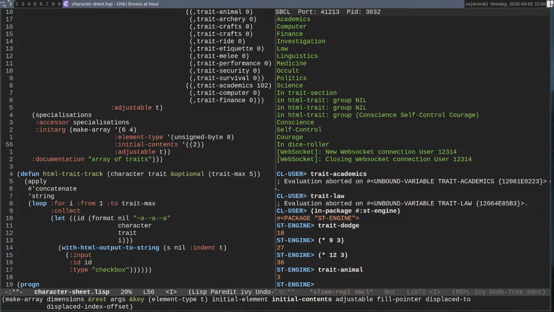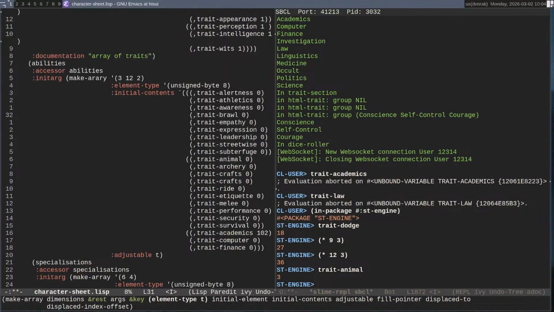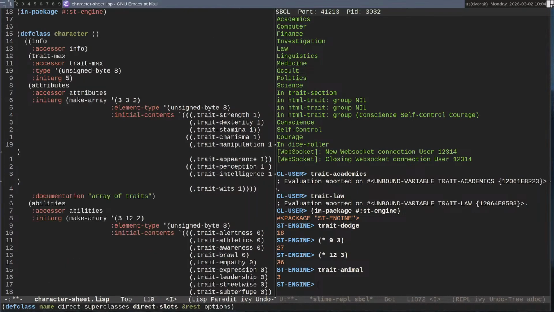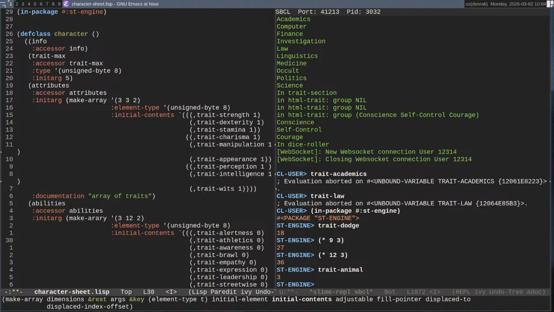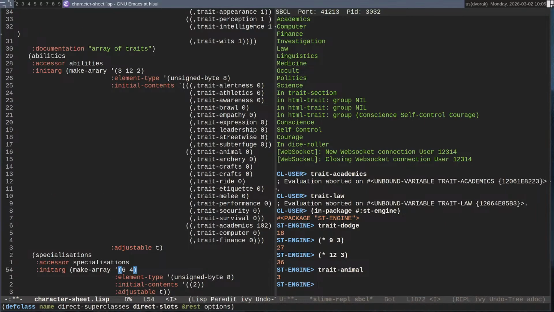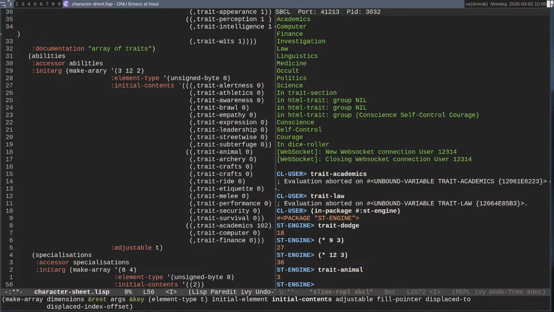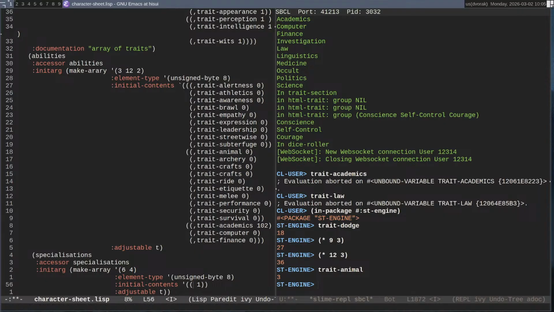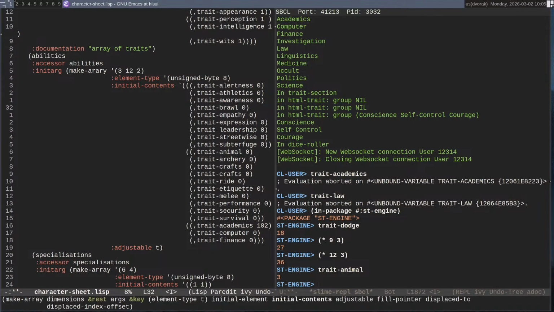is 2 because it is in abilities, and then it is 1 because, in fact, maybe it should be 1, 0, keeping everything starting from 0. So 0 is, no, it's going to be 2.